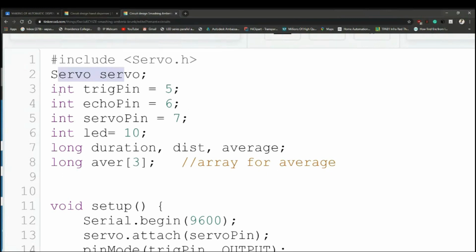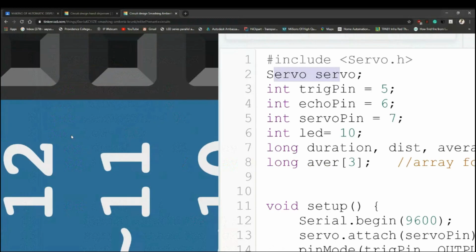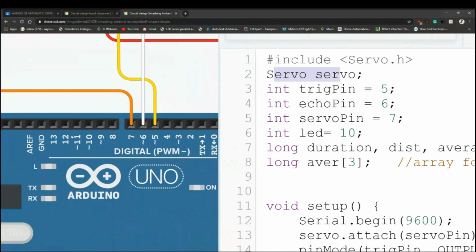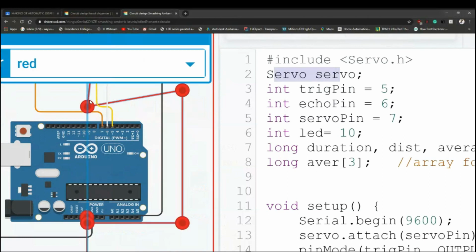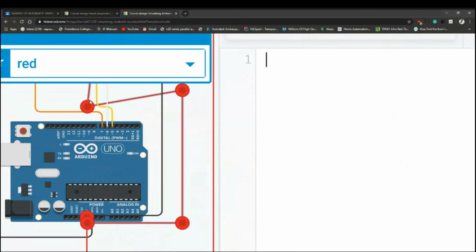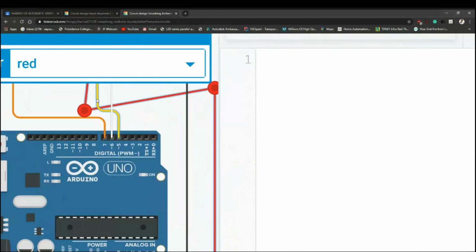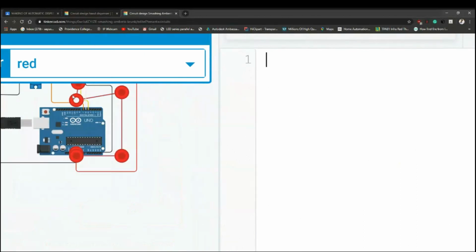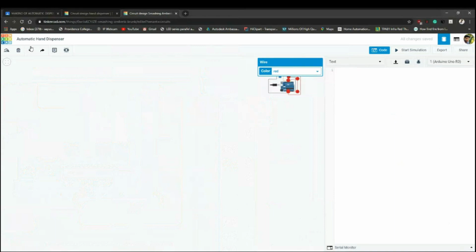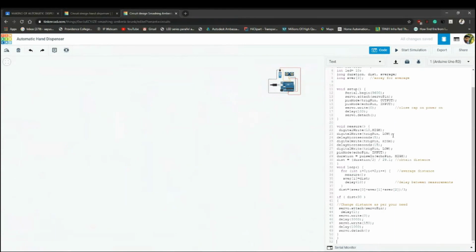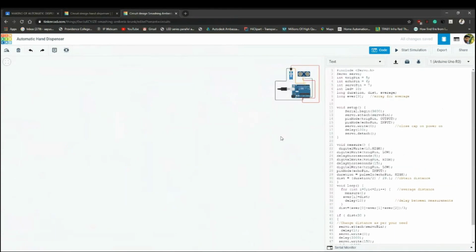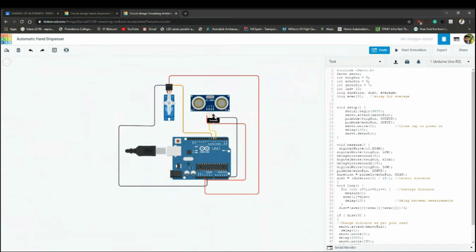I have just initialized it, and then I have initialized the trigger pin and the echo pin. So right here, let me just zoom it in.